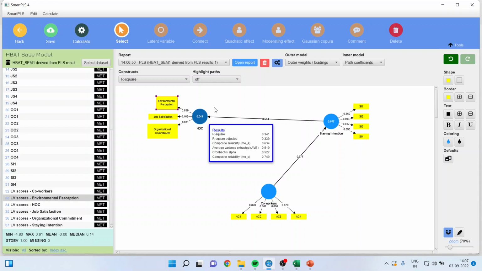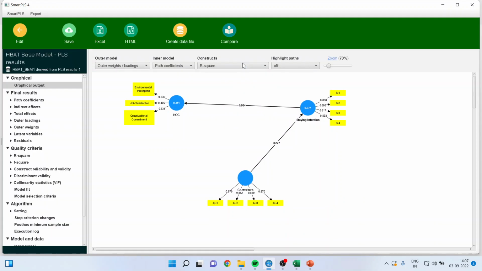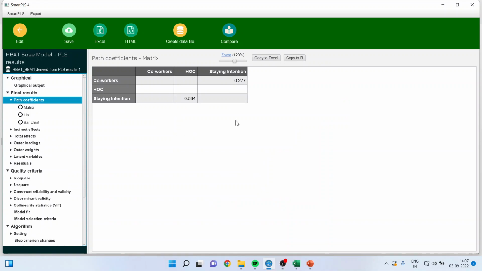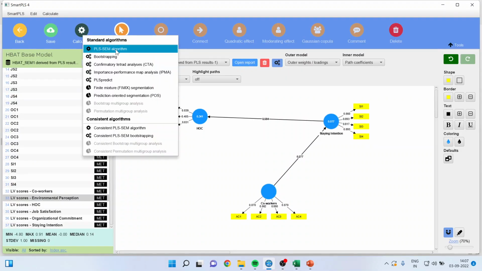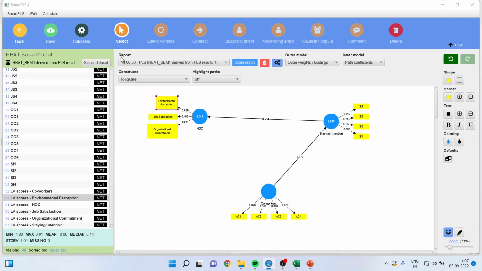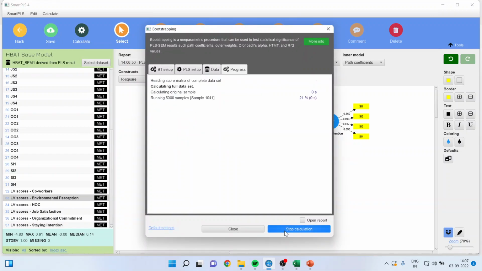Are the path coefficients significant? I'll go in open report. I'll click on path coefficients. At present, you know that the p-values are not generated because we are in the PLS-SEM algorithm. To generate the p-value, I'll click on calculate, bootstrapping, start the calculation,